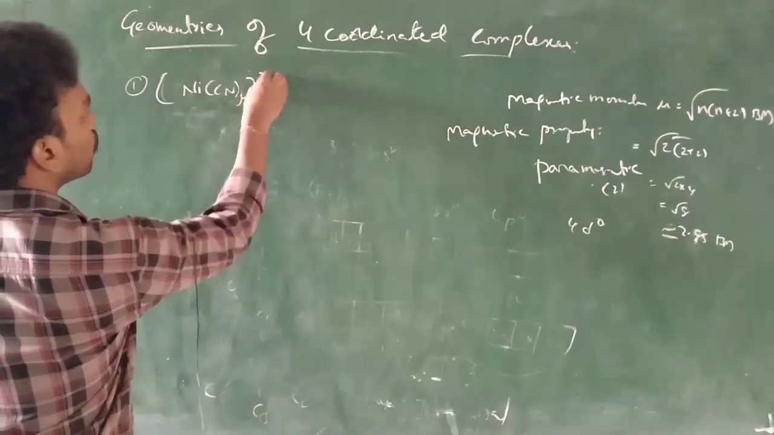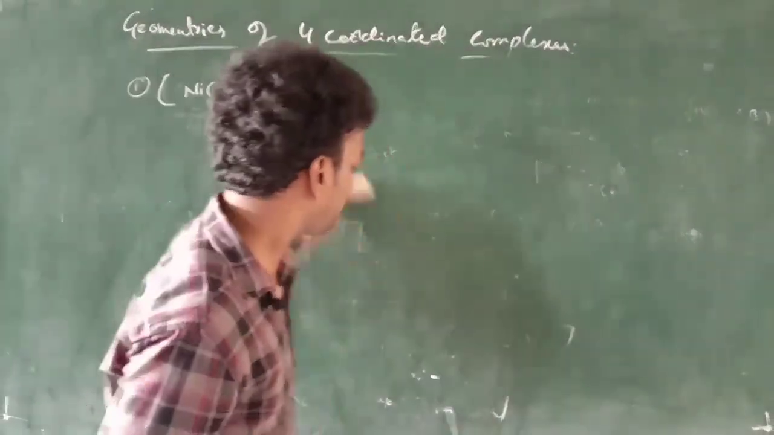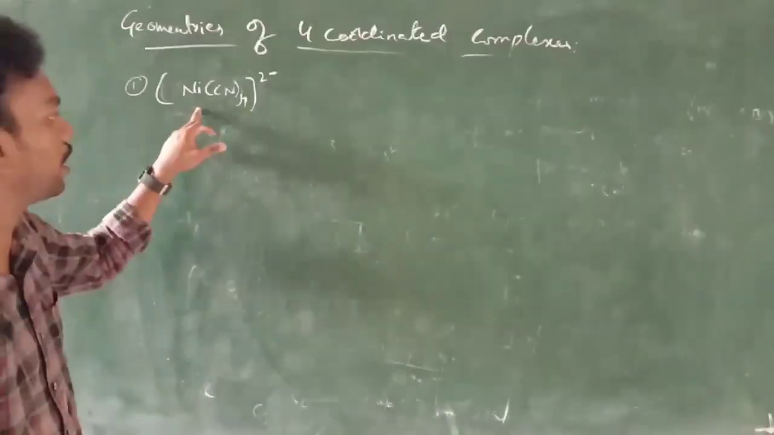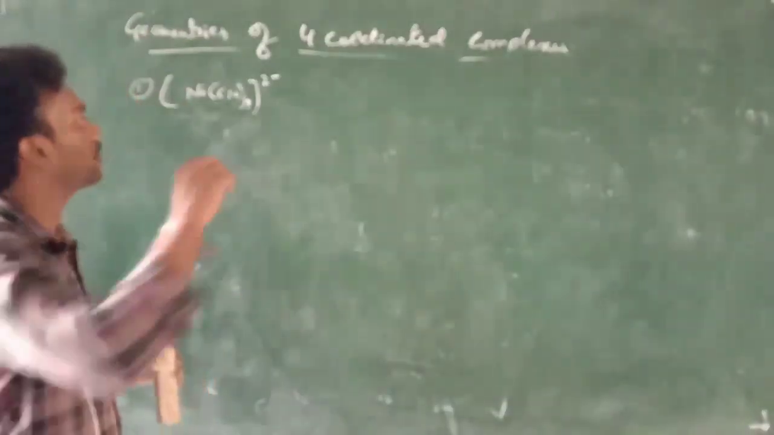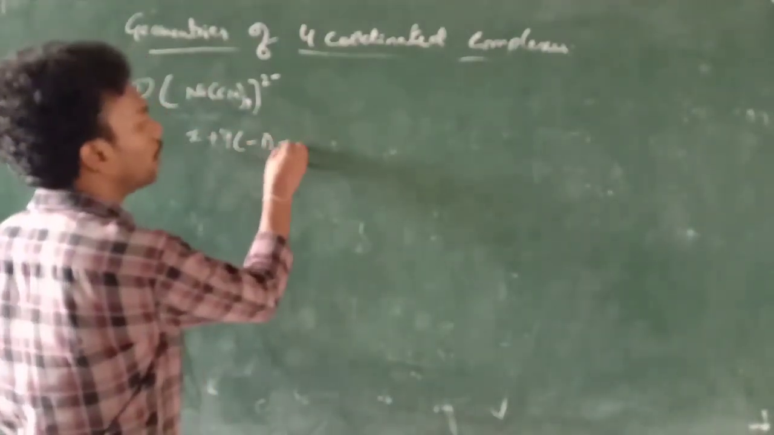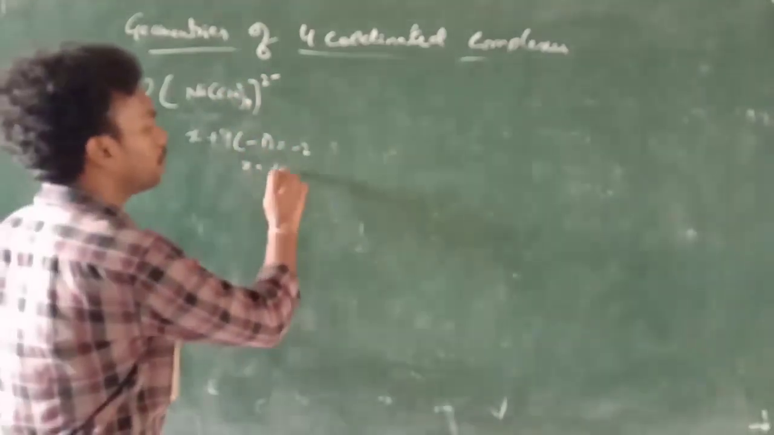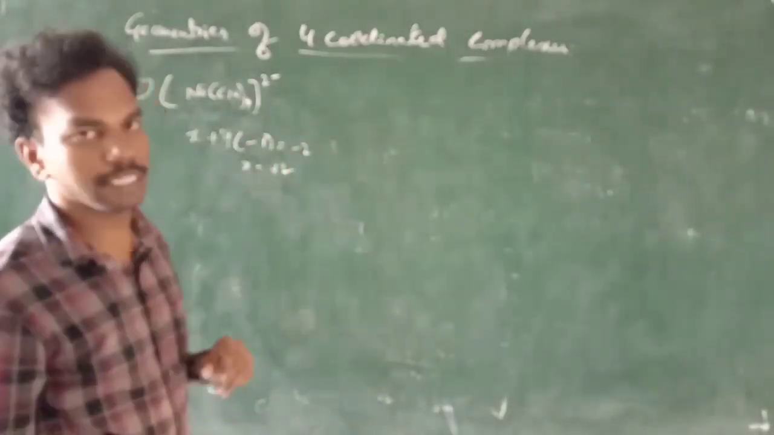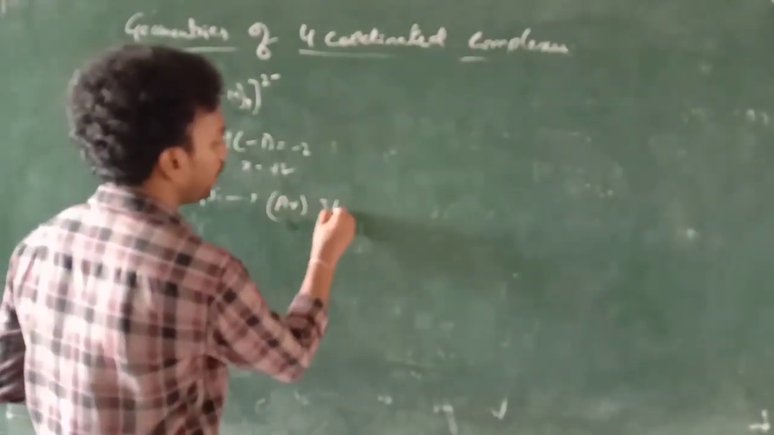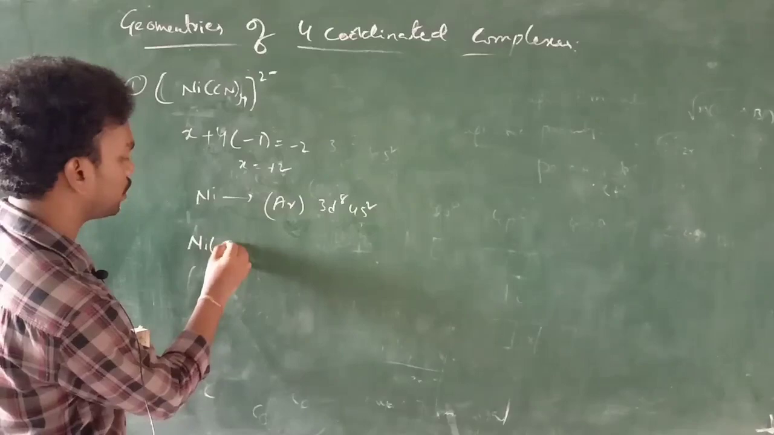Ni(CN)4 2 minus. Here first we have to find out the oxidation state of the central metal atom. The central metal atom is nickel, so what is the oxidation state of nickel in this complex? Let us say x plus 4 into minus 1, since cyanide has a minus 1 charge, equals the charge on the complex, that is minus 2. So x equals plus 2. Here also nickel is present in its plus 2 oxidation state. Next, the nickel electron configuration is 3d8 4s2, and for nickel plus 2 oxidation state,